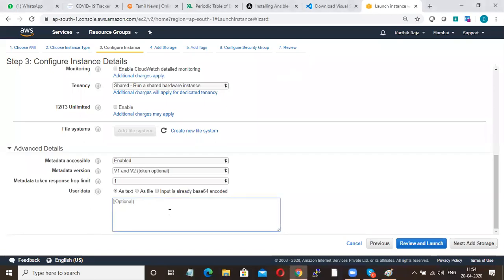So here I'm just specifying some script. I'll first write the script and then I'll explain it to you.